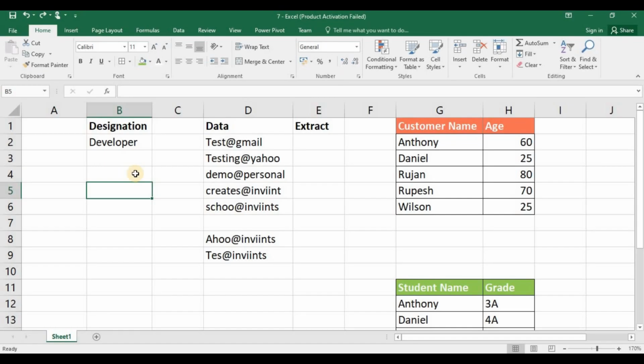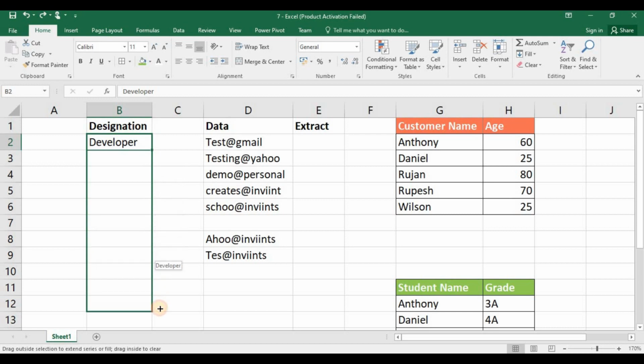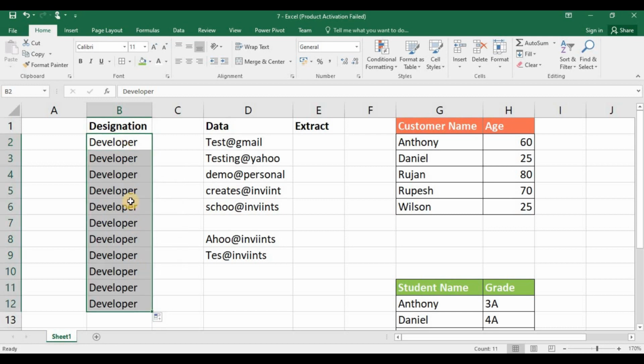Let's go to Excel. I have data in the cell B2. I want to fill this same data down till B15. How can you do this? You can do this by using the mouse. If you move your mouse cursor to the right down corner, the cursor will get changed. Now hold the left mouse click and start moving the mouse down. See, the data has been dragged.